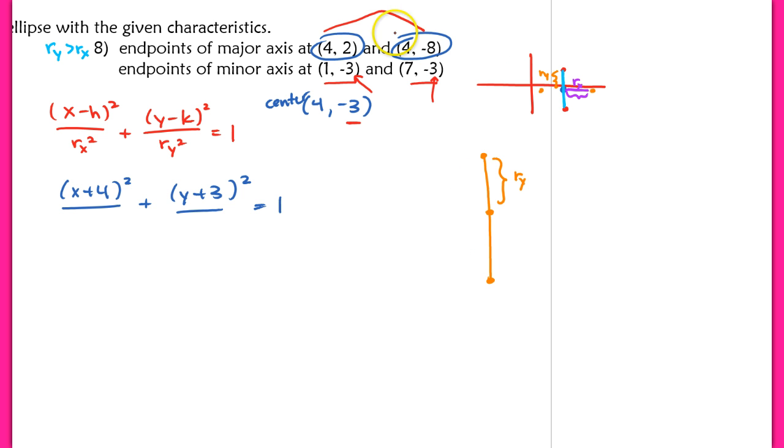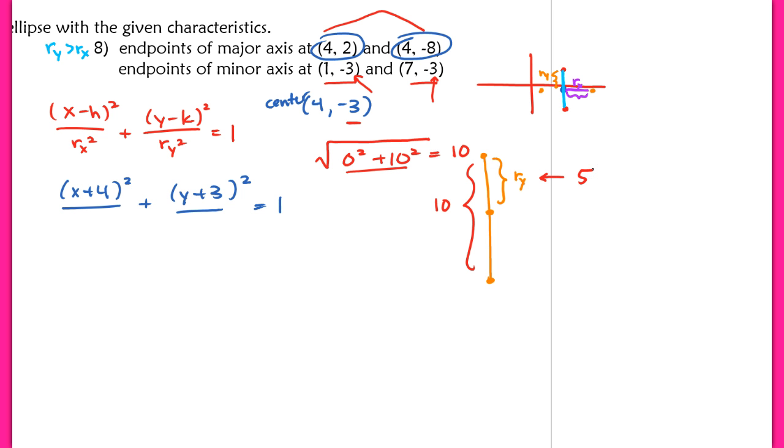So if we look at the distance between 4, 2 and 4, negative 8, we would use the distance formula down here. We're going to square the difference between the x values. The difference between 4 and 4 is 0, so we square that. Then we find the difference between 2 and negative 8, that's 10, so we'll square that value. Once we take the square root of 100 on the inside, we get 10. So the whole distance here is 10 units long, which means that r sub y, this value here, is only